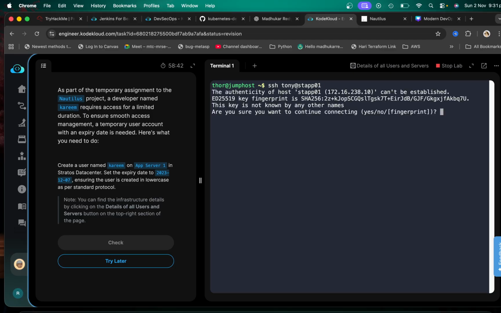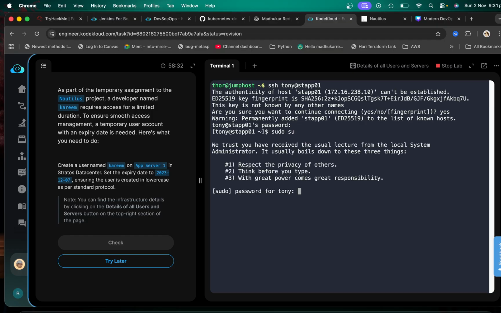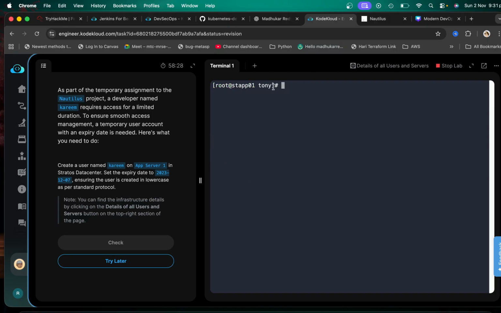Tony, stapp01, and the password is, and then put the password again. Okay, you're a root user now. And then in order to create a user,